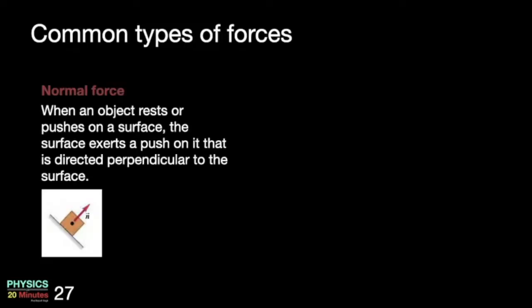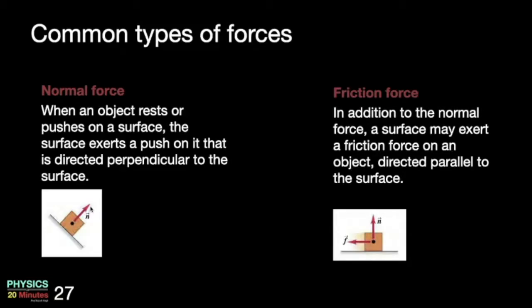So we are all familiar with the common types of forces. A normal force: if an object is kept in contact with a surface, then the surface exerts a force on the object. This force is normally called the normal force. It is perpendicular to the surface. Apart from the normal force, the surface may exert a frictional force. If the object is trying to move, say towards the right, then there will be a frictional force towards the left.